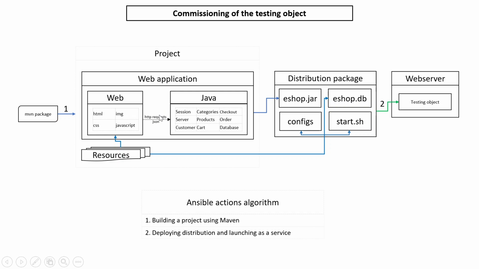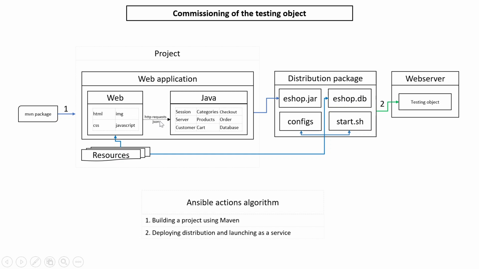The front part is when we go to the store's address in the browser and open different HTML pages. CSS styles, images, and scripts written in JavaScript are linked to them. When the user interacts with the web interface of the store and selects, for example, products, the JavaScript code is being executed. This code sends HTTP requests. Requests use JSON as a body format.